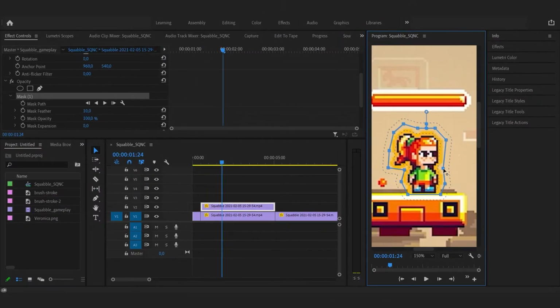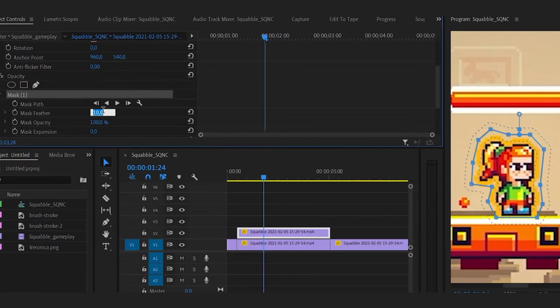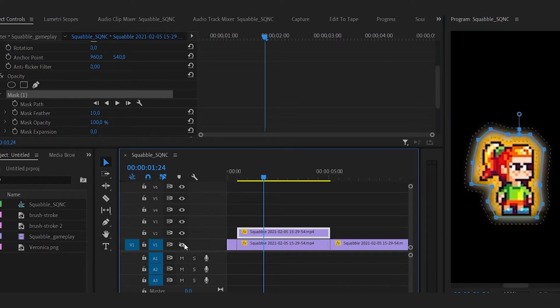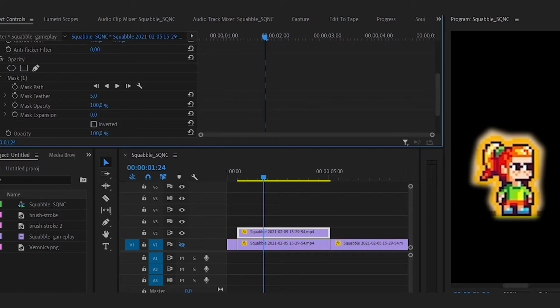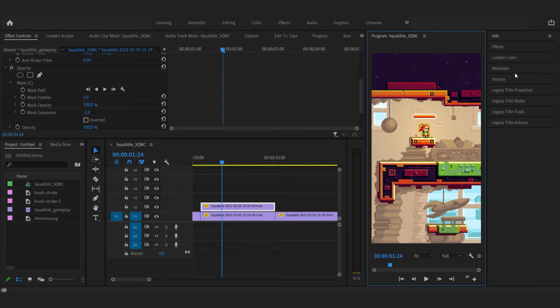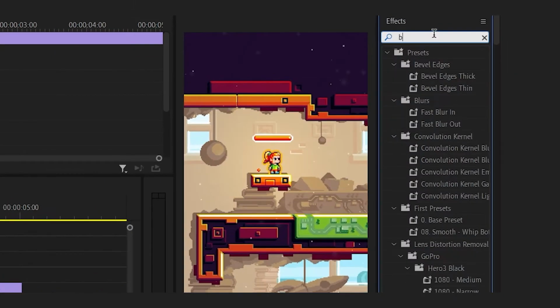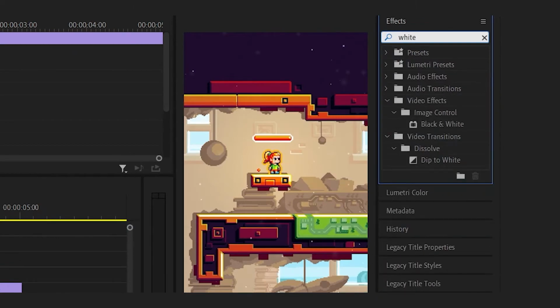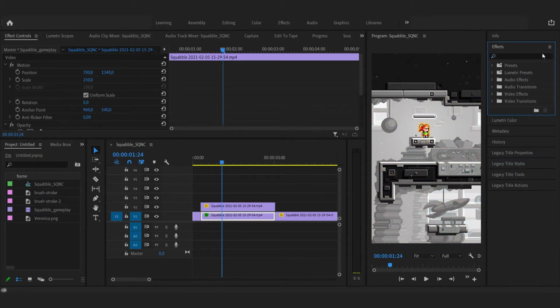Then you can play a bit with the feathering and expansion options in order to get better looking mask. Next, we are going to add black and white effect to the bottom clip. Now we can see how our subject shines thanks to the mask we made.